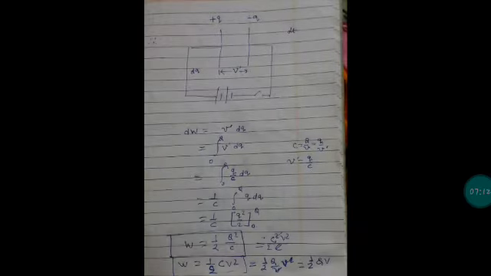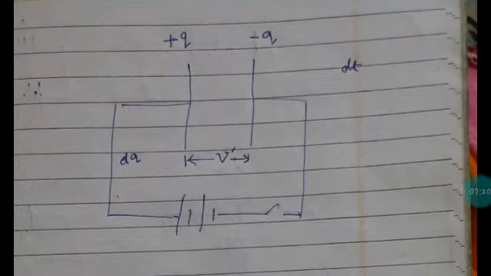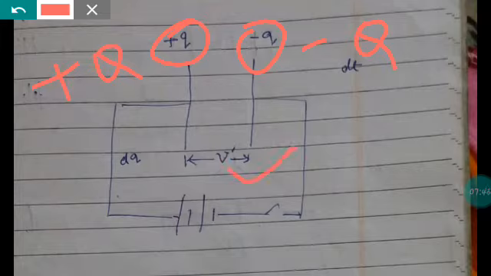So let's see another figure. Here it is, the figure which is showing the intermediate condition of the plates of the capacitor. We have taken here positive small q and negative small q, which is smaller than plus Q and minus Q as discussed above, and the potential difference therefore is less than maximum potential V.